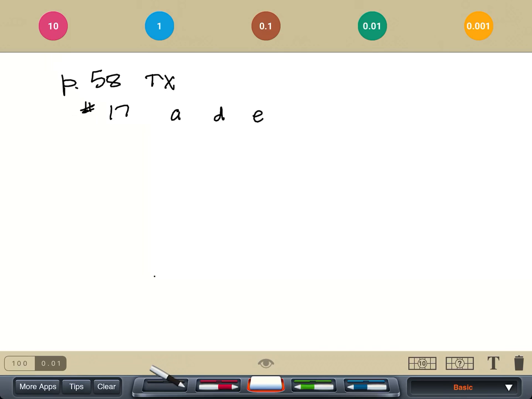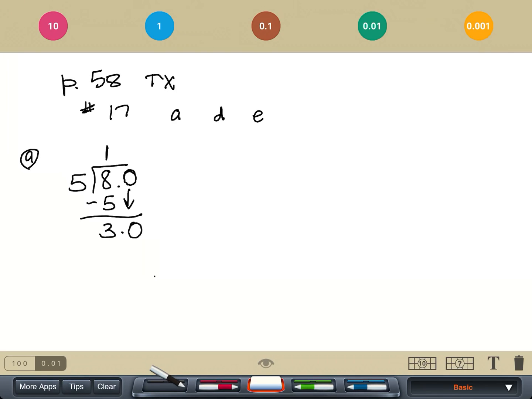Okay, let's see how things went. A is this one. 8 divided by 5. If you have 8 ones and you divide them into 5 groups, you can put 1 in each group, and you will have used up 5 of them. You have 3 left. You have nothing else to bring down, but we are no longer using remainders, so we are going to add a 0 here